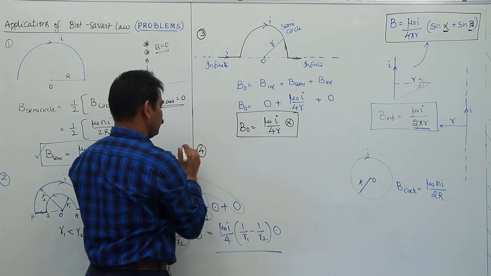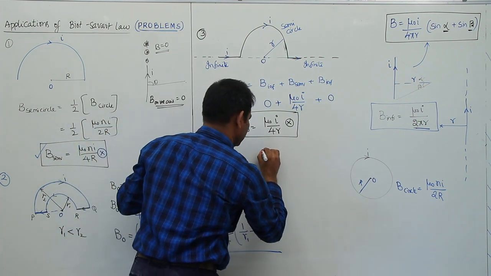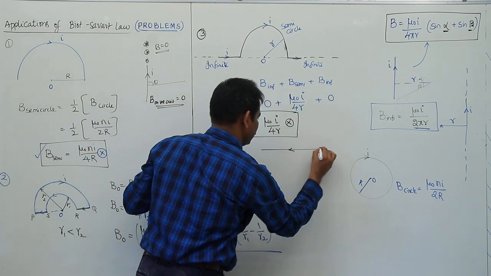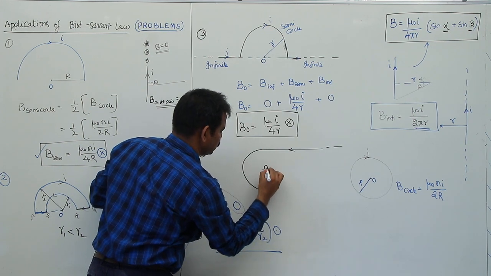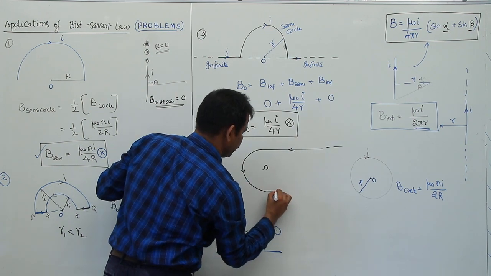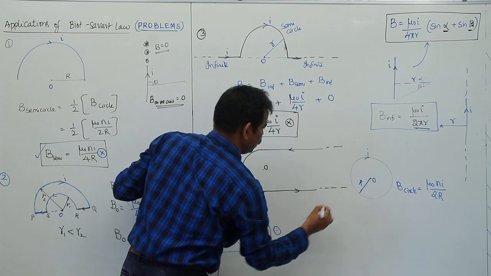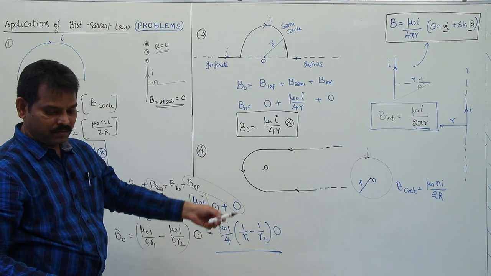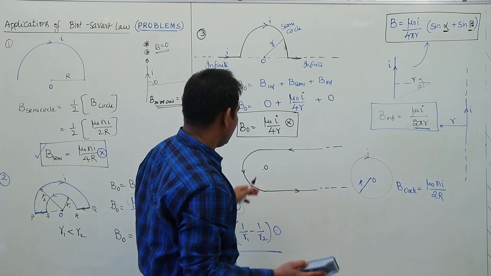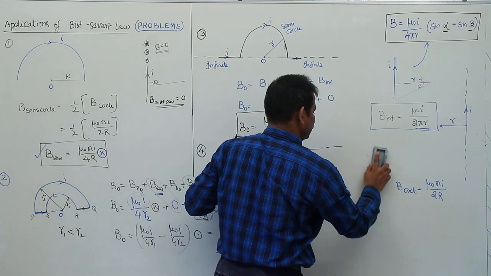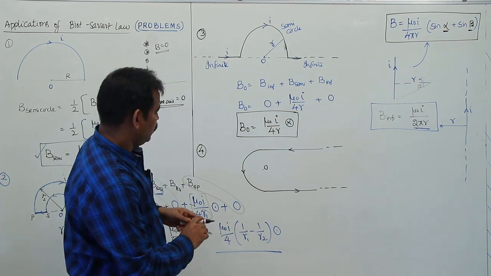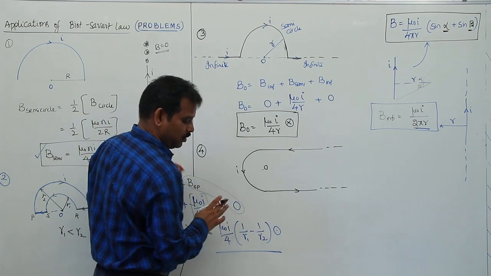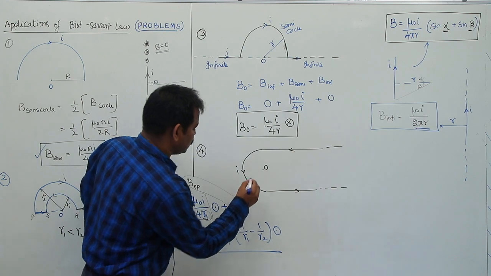And one more diagram, the fourth one. Let us say the coil is given like this. Here one semicircular coil. This is center O. Current is flowing like this, and it is leaving here. So when this type of diagram is given, how do we find the magnetic field at the center O of this given figure? So once again the current is I, and the radius of this one is represented as R,